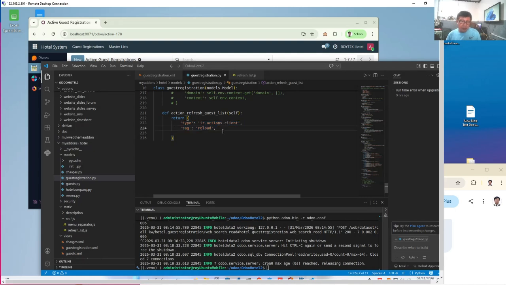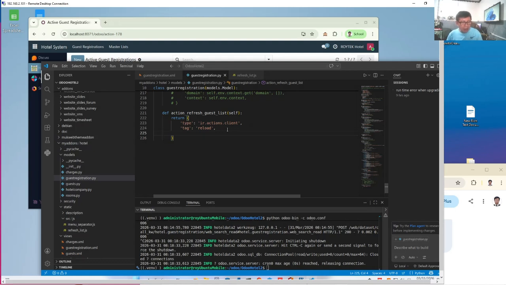It's going to be returned to the client as a window action, and the step that is going to be done is indicated by the tag field. It's called reload. It will reload the whole web page. But anyway, there are ways to reload a portion of that, but we'll not discuss that in this episode. For the moment, this very short function will refresh our user screen so that changes done by other users will be reflected in the user interface. So that's the object action that returns a window action that will trigger the web page to be reloaded.